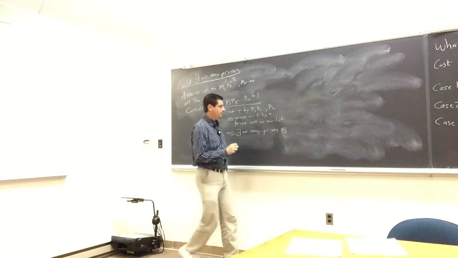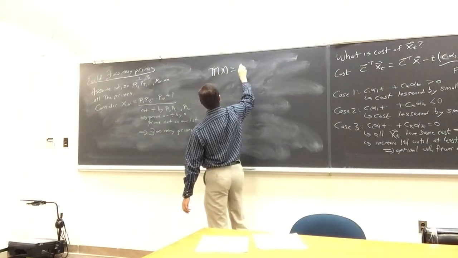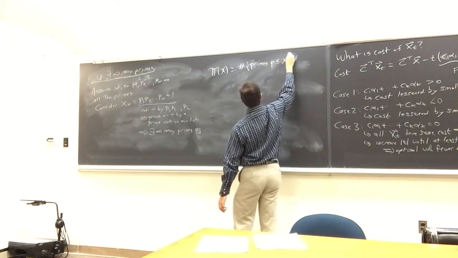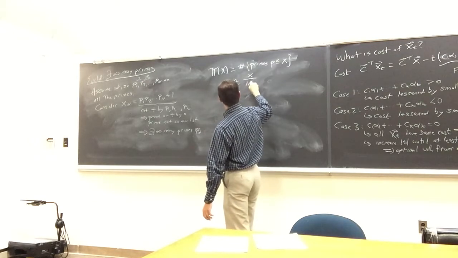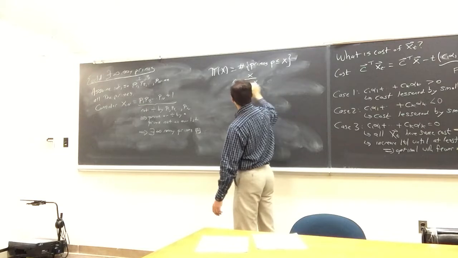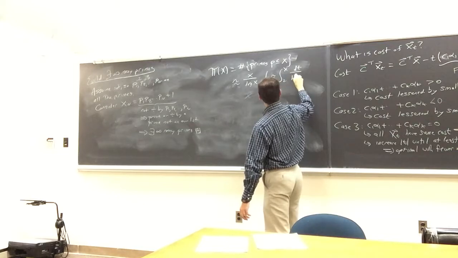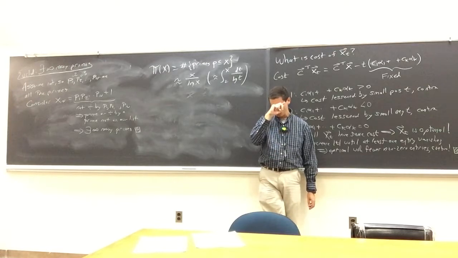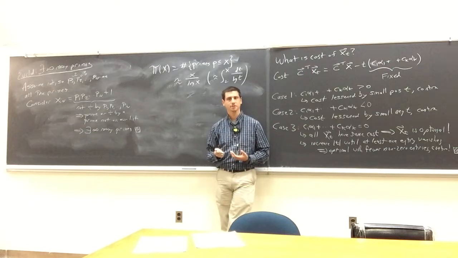What we can do is we frequently let pi of x denote the number of primes less than or equal to x. The prime number theorem says this is approximately x over log x. If you want to do a better job, you integrate from 2 to x of dt over log t. That does a little bit better. What this means is that there's a lot of primes. How many perfect squares are there up to x, approximately?